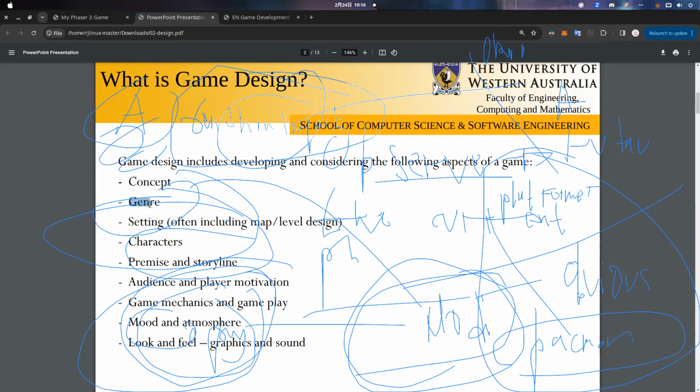The character is divided into categories: the protagonist, which is the main character, and the antagonist, which supports the protagonist and has a bad side or something else. Like in the airplane project, you remember our main character was Sid, right?